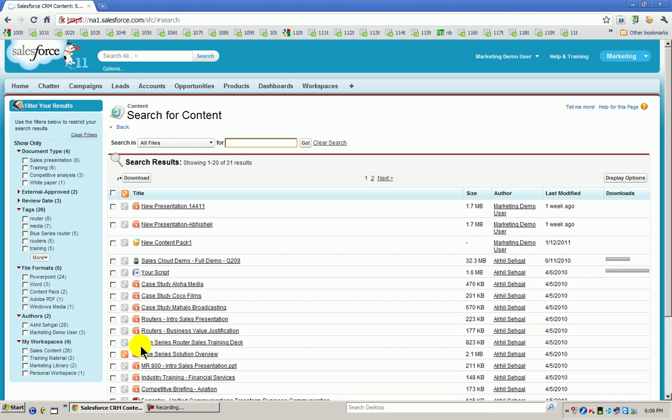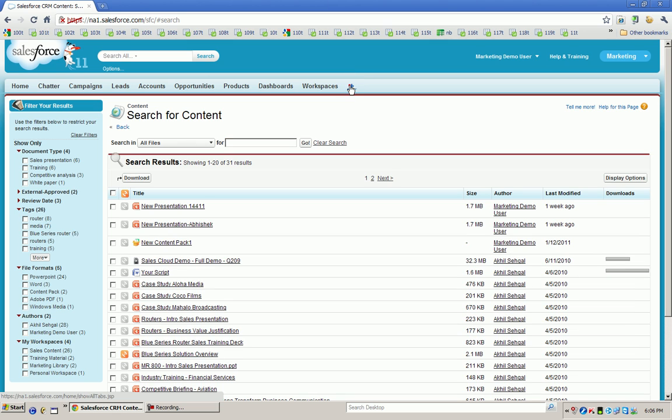It will create one link, and you can just mail that link, and you can track how many times he has opened your mail and how many times he has clicked on this particular presentation, right? And then you can specify whether he can download that document or not, and when you want that link to expire. And they can access it from anywhere in the world. That is one very good feature.